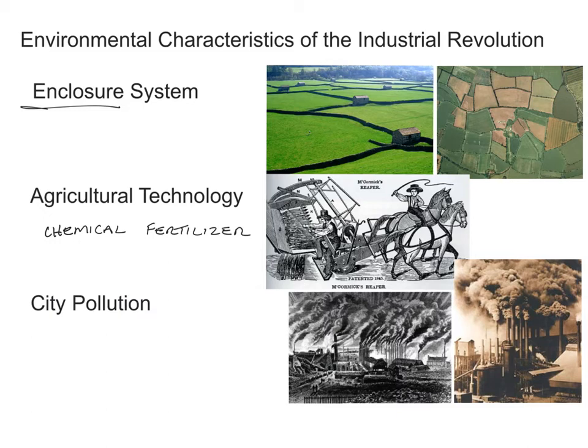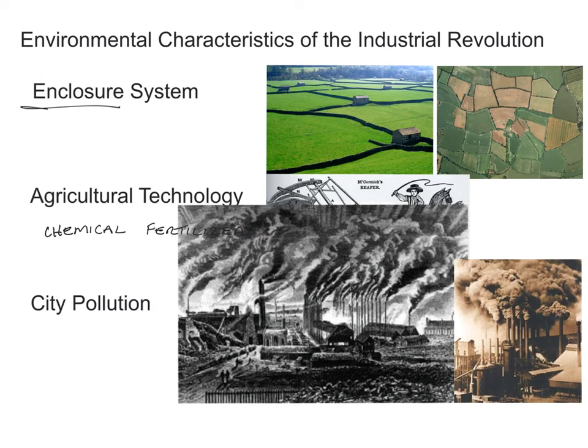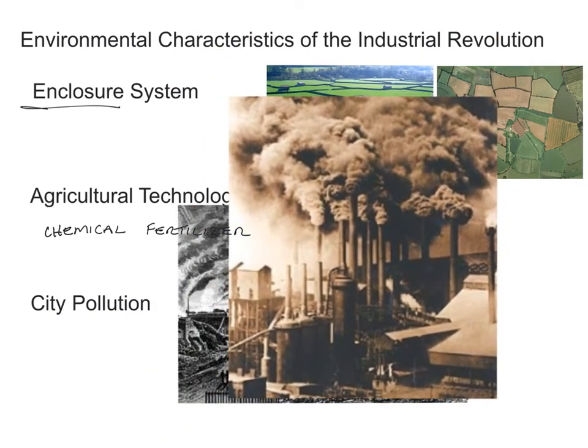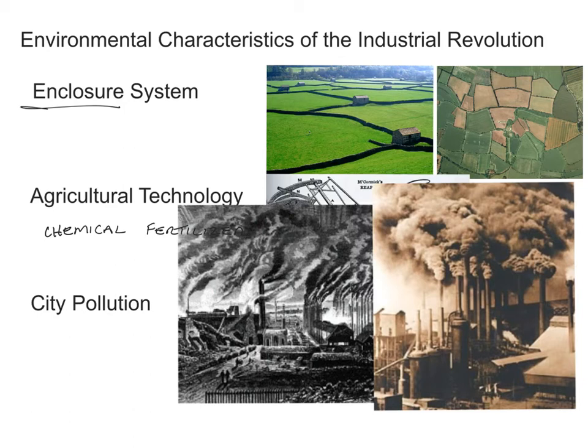And also, one of the environmental characteristics of the Industrial Revolution is pollution. All right, and this was a bad characteristic. So as these industries grew and grew and grew, there was no environmental protection agency. There were no laws against polluting the environment, and so companies really abused this. All right, so you can see in this picture, this is a real picture from the Industrial Revolution, how much pollution just one factory is putting into the air. And so cities became really polluted, very, very unhealthy,